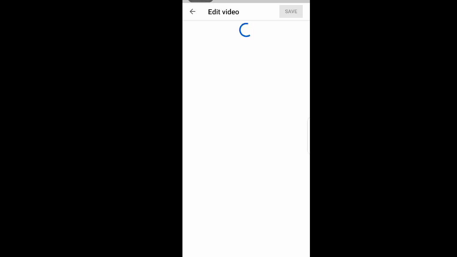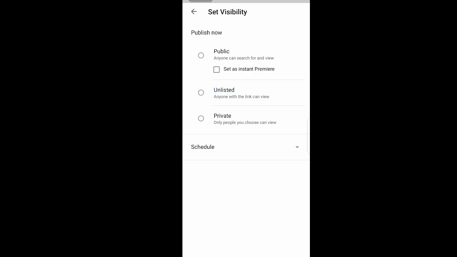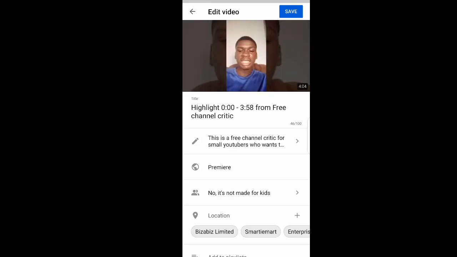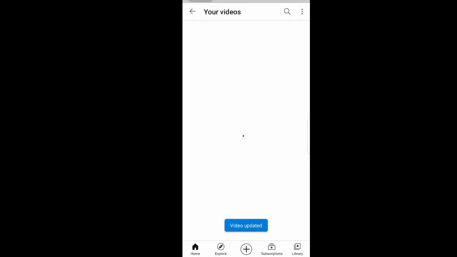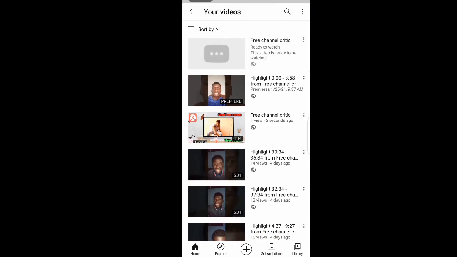So for the highlights, there's something very important you need to do. You need to click on the 3 dotted lines and edit it. Click on edit, and when you get to edit, click on unlisted, change and click on public, because if you leave the settings in unlisted, your video will not be seen by anybody unless they have the link. Okay, so under this edit, you can decide to add tags, write a proper description for the